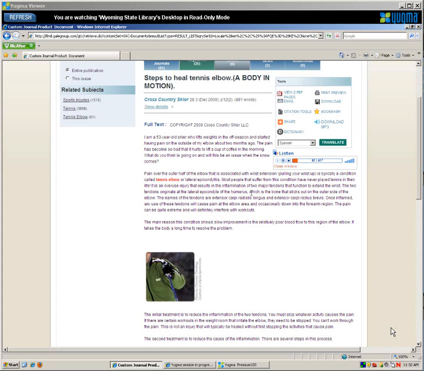But then in the morning. What do you think is going on, and will this be an issue when the snow comes? Pain over the outer half of the elbow, that is a